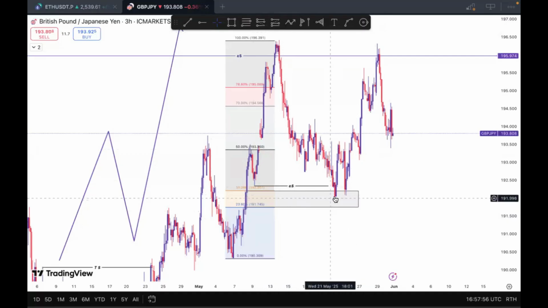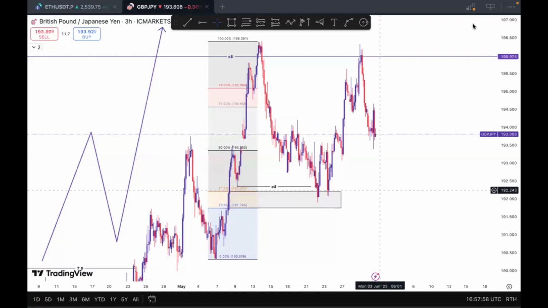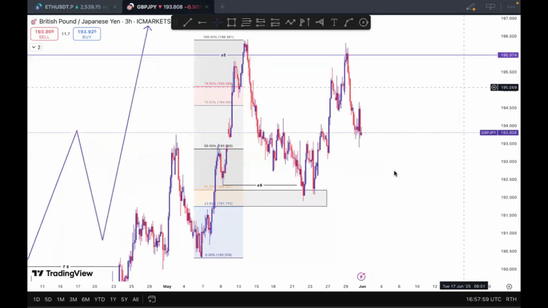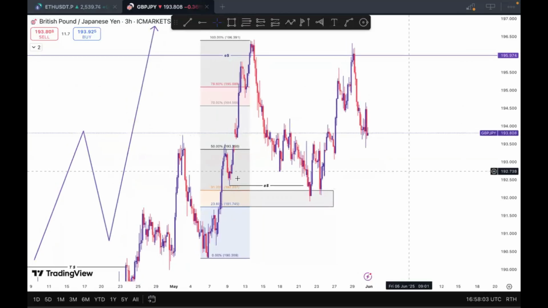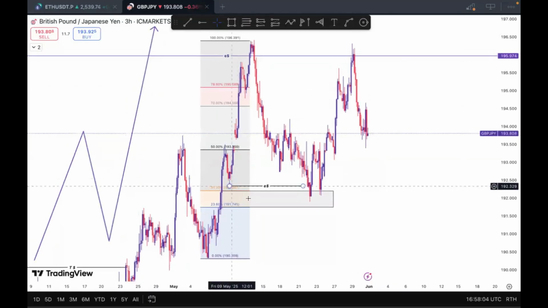Bought at the OTC zone. Can you see the accuracy? This is the accuracy. This is exactly what I'm talking about. Can you see that price gave us liquidity close to the optimum trading zone and bought exactly at the optimum trading zone? And if you go to a lower time frame, you will see,